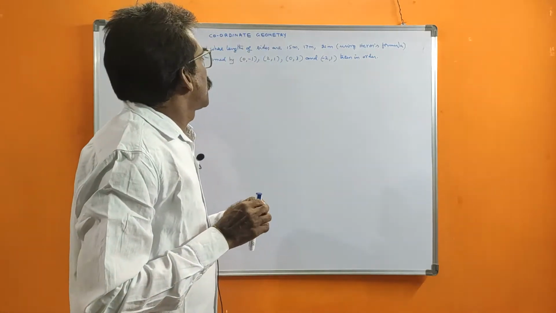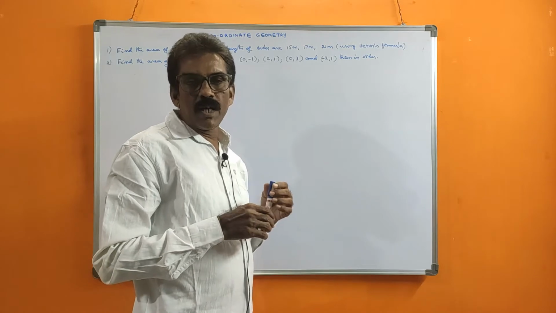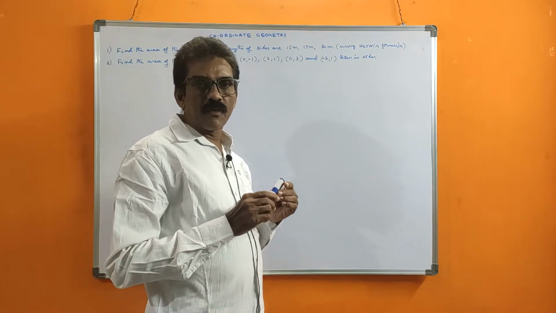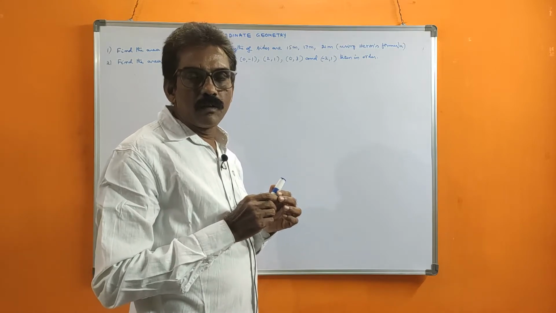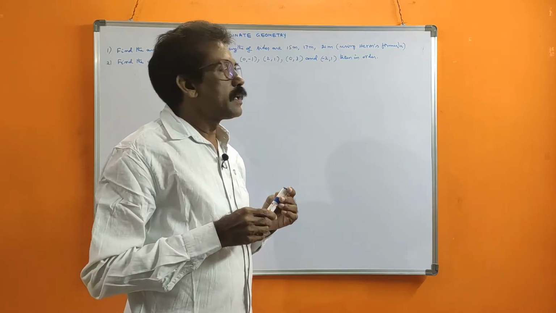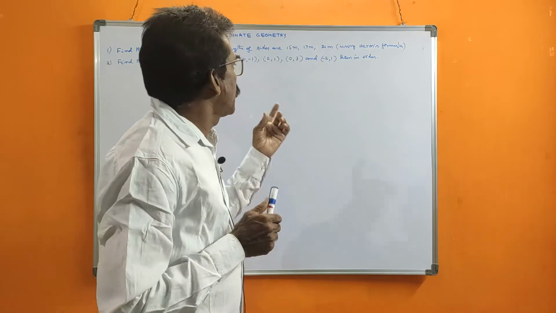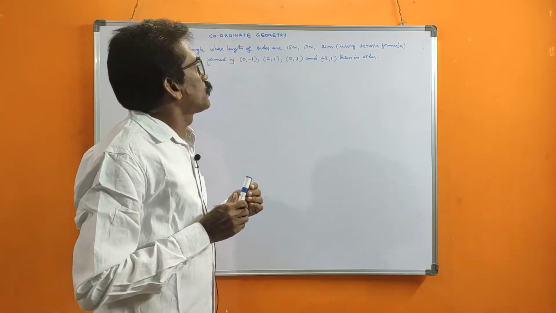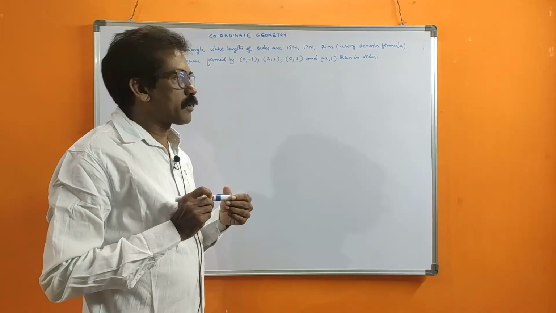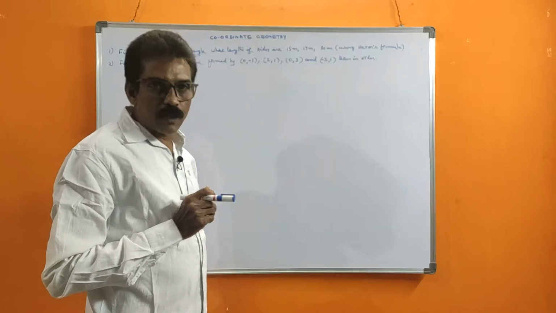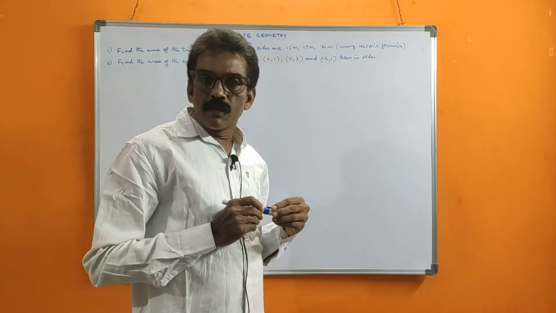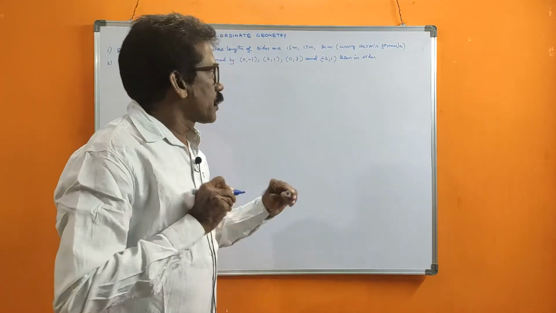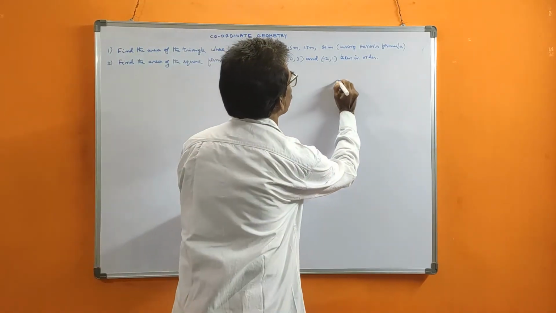Here, the area of the triangle we calculated by coordinates. When vertices coordinates are given, we calculate half mod x1 into that formula I told you. But here it is Heron's formula, so we should learn what is meant by Heron's formula. I will explain first what Heron's formula is, then I will explain this. Once you know the formula, then you can directly substitute. Okay, Heron's formula.